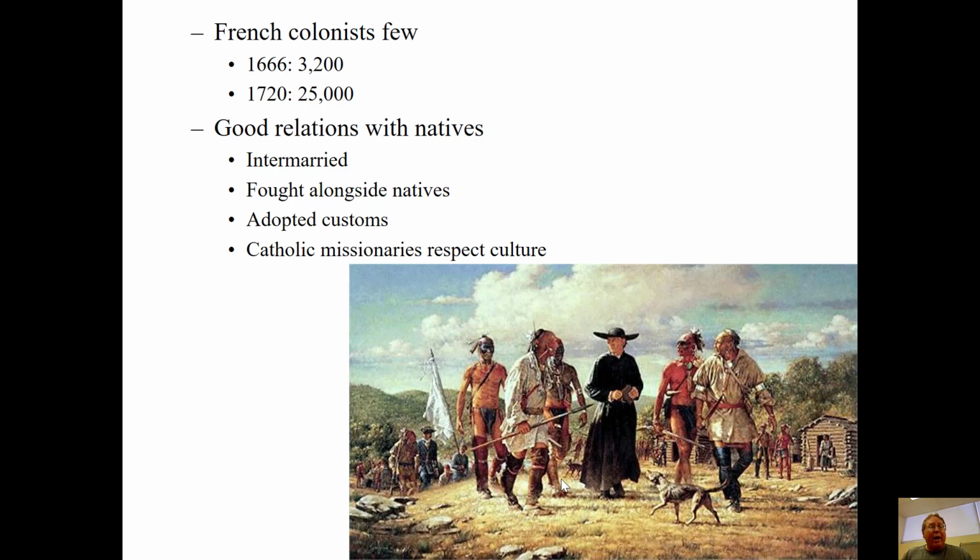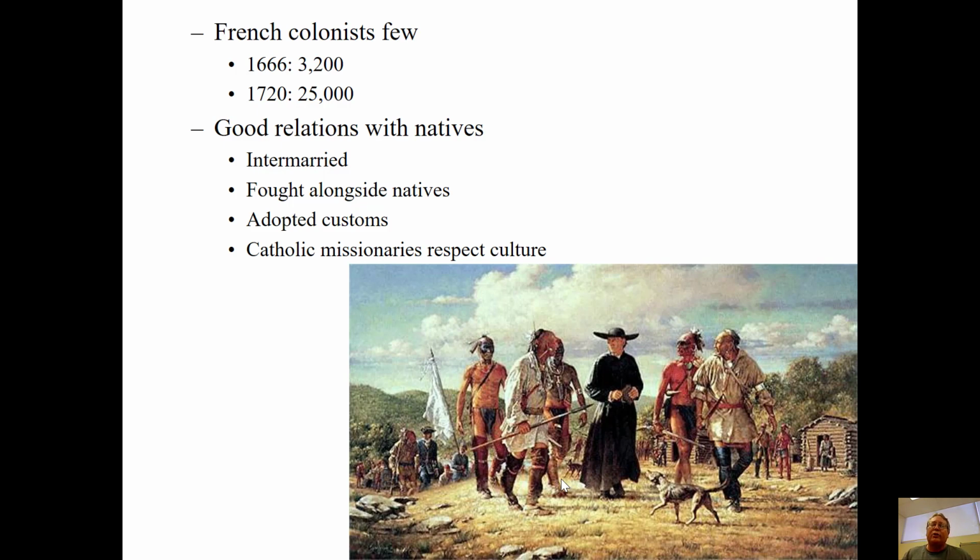But it's very different in other parts of the empire, especially in the middle part around the Great Lakes. There, the French dress like the natives. There, the French act like the natives and learn to speak native languages. They follow their customs instead of making the natives follow French customs. So that's kind of an amazing thing. And because the French show a little bit of respect,